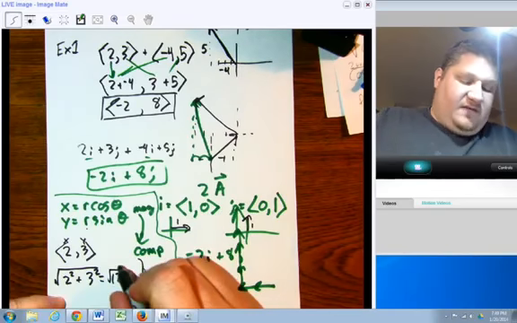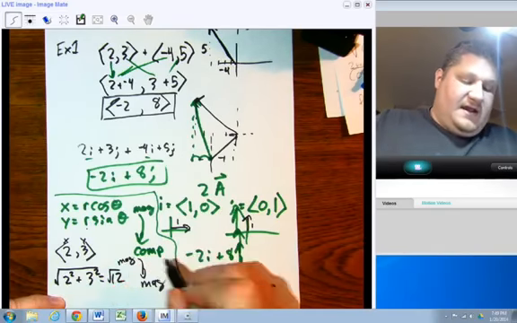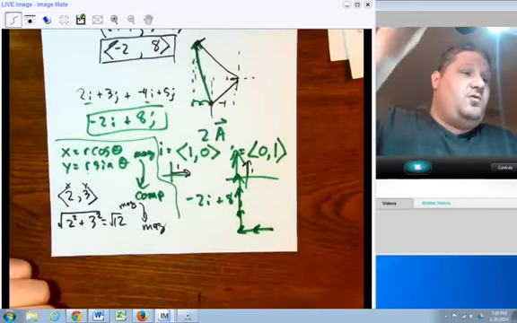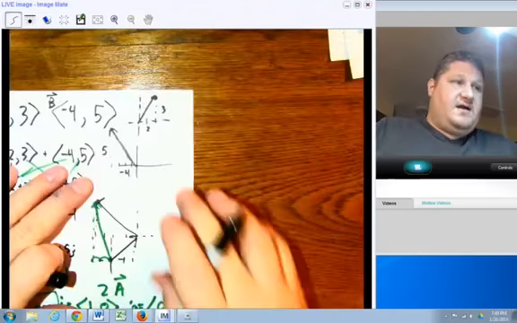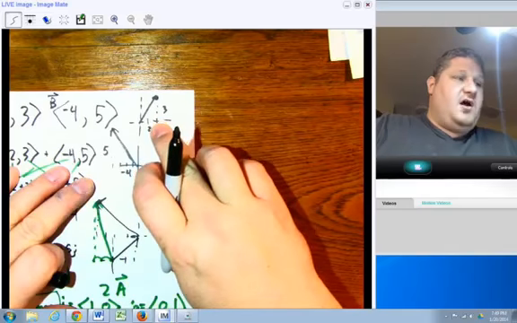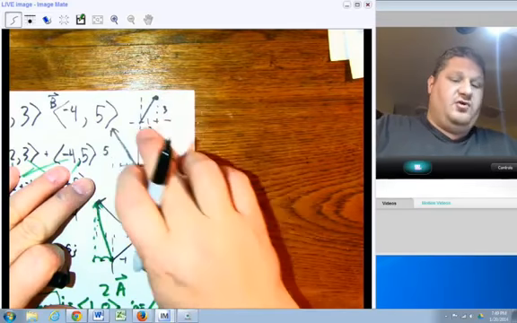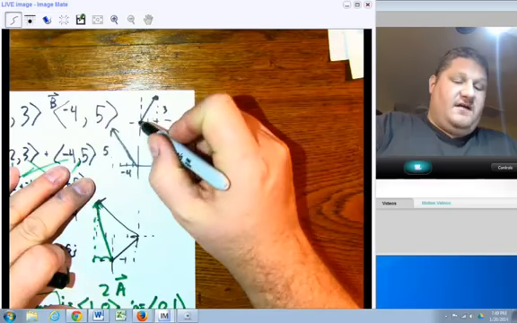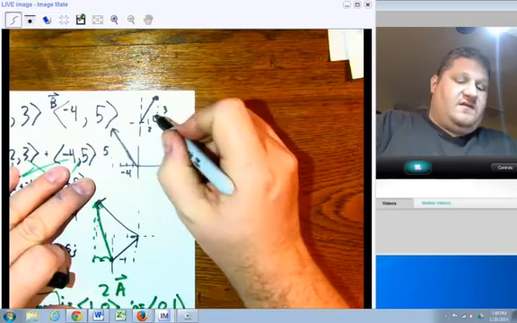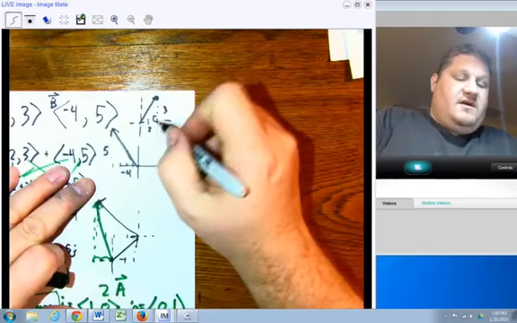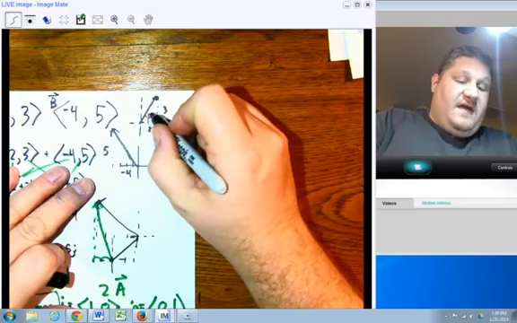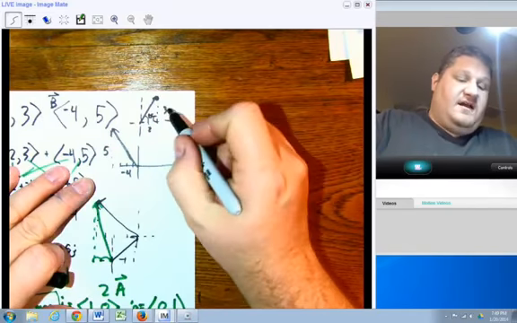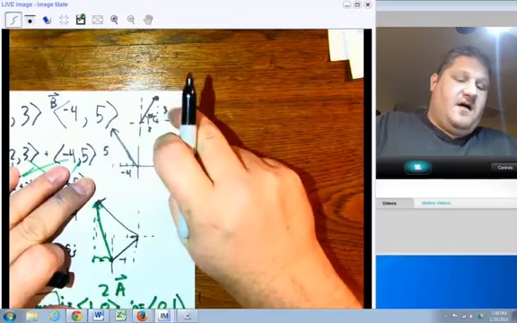Now, that's our magnitude. We need a direction. To find direction, all we really need to do is go right back up here and look at our picture for 2 comma 3. At 2 comma 3, you'll notice we have this triangle. And since x and y meet at a right angle, wouldn't it make sense that if I could just find that theta, I'd be all good? Well, how do I find theta given this side and this side? Opposite, adjacent,